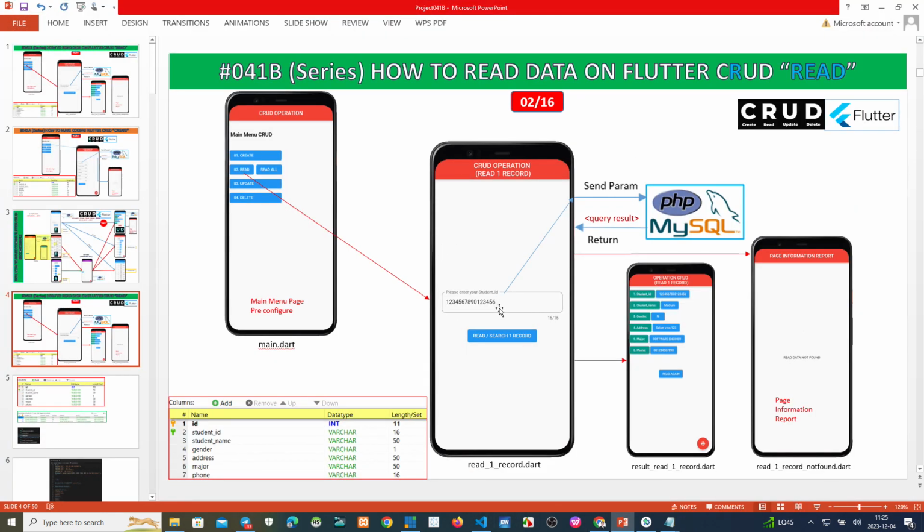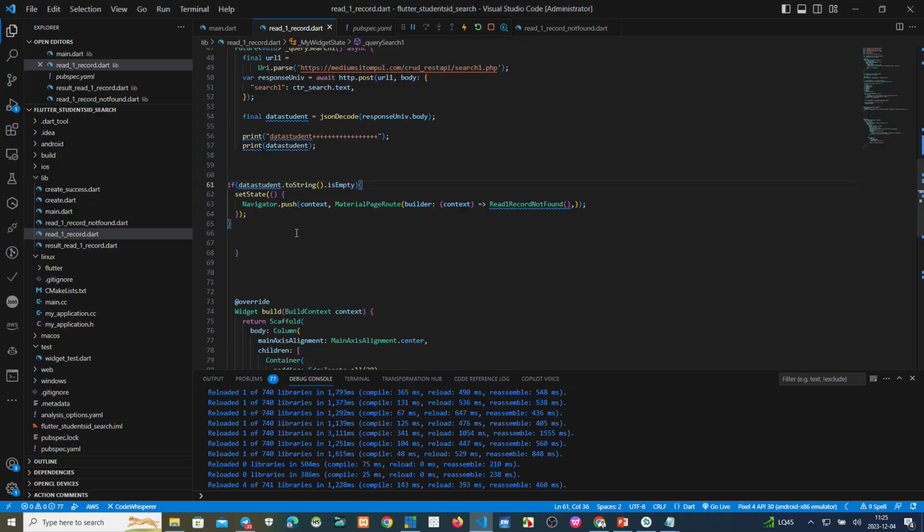There is no student ID in the database. The return is empty, so the Flutter script will show the information on the information report page. Yeah, here. Okay. If not empty, go to this one. Okay, make this.